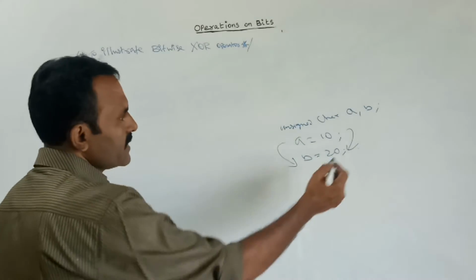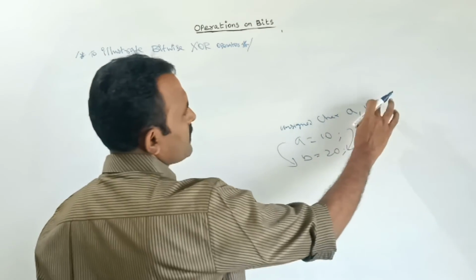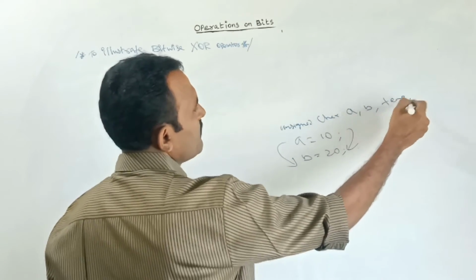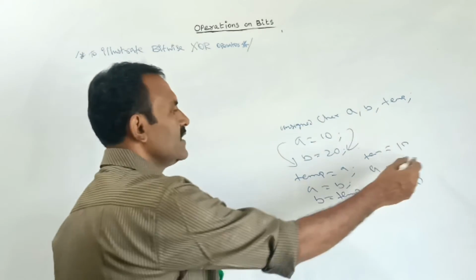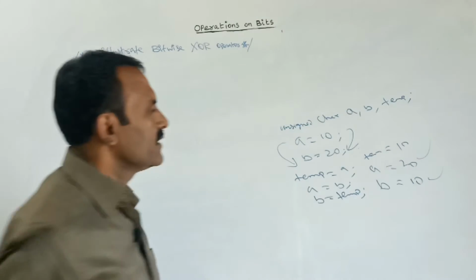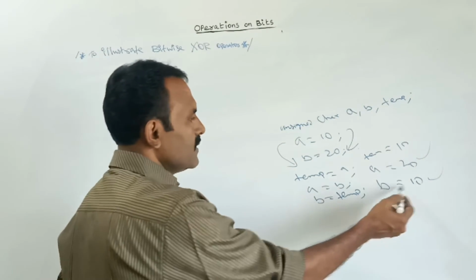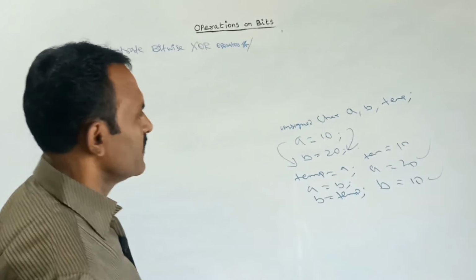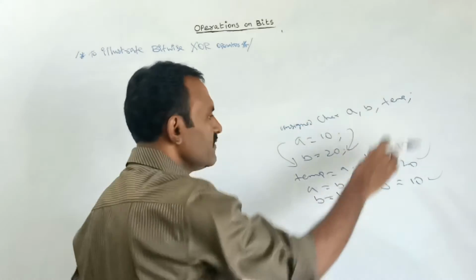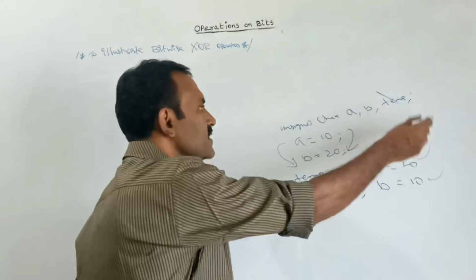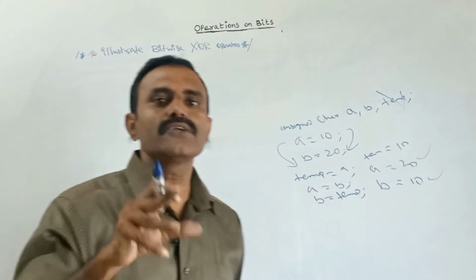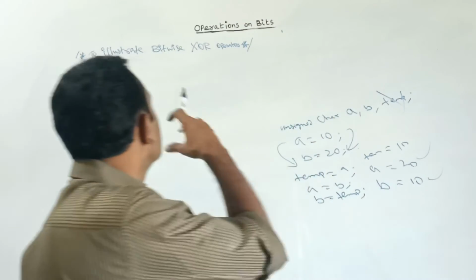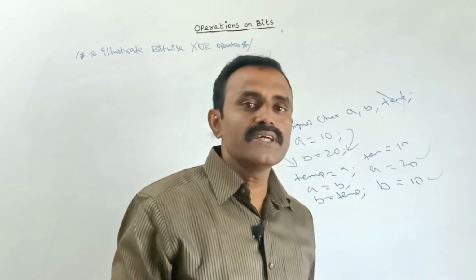If I use a third variable, for example temporarily using the variable temp, we can store the value so that we can swap the numbers. Now the A value will be 20, and the B value holds 10. So we can swap in this way, by using the third variable. Suppose without using this third temporary variable I want to swap the two numbers, by the help of this XOR operator we can swap the numbers.